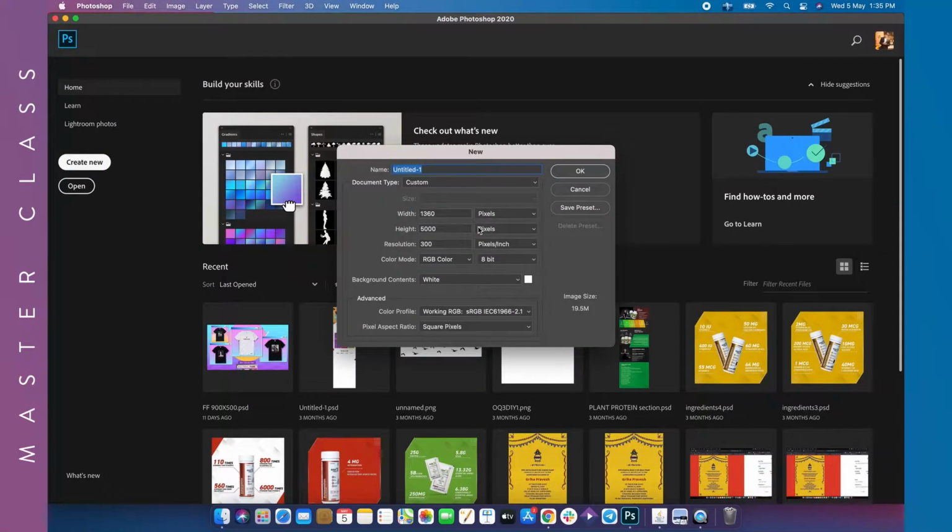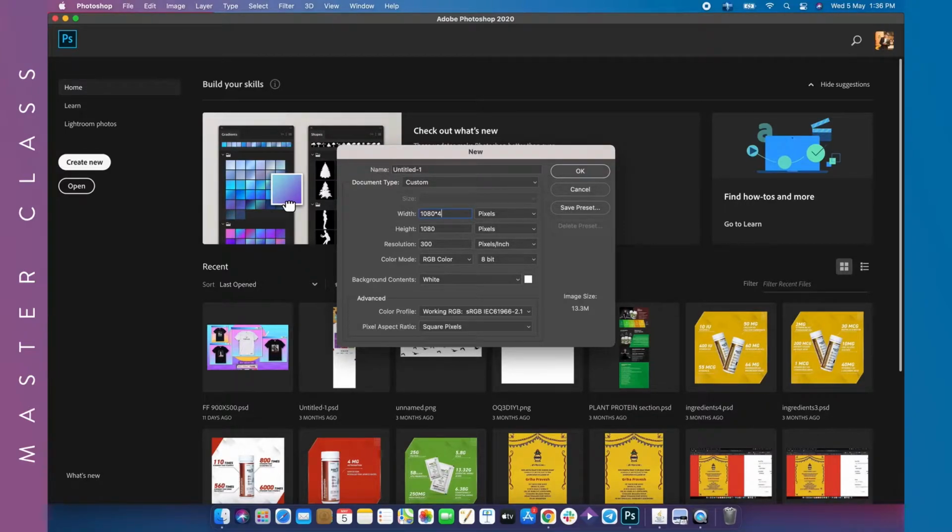Over here, if you are using Photoshop 2018 or later, or 2017 or later, you will be able to see all these features. The usual dimension of the carousel card is 1080 by 1080. So if you have a 3 card carousel, it will be 1080 by 1080 and then 3 cards like that. If you want to create a continuous carousel of 4 or 5 cards, all you need to do is simply multiply by 4 over here. In the width, height remains the same, 1080.